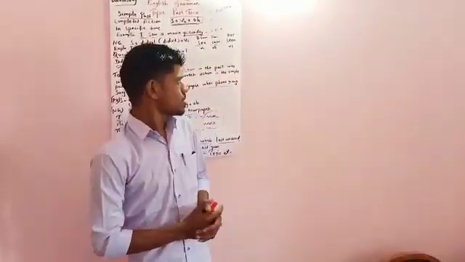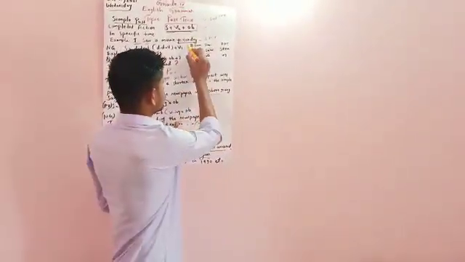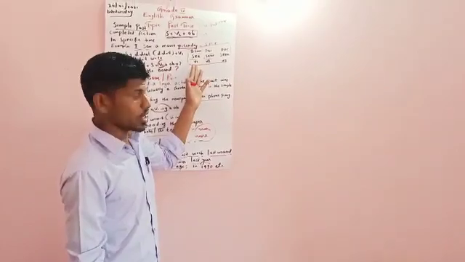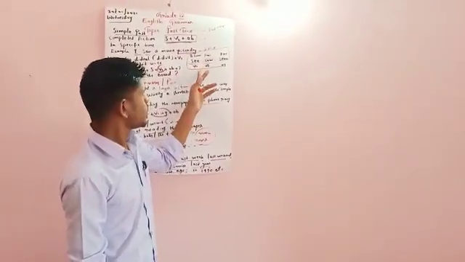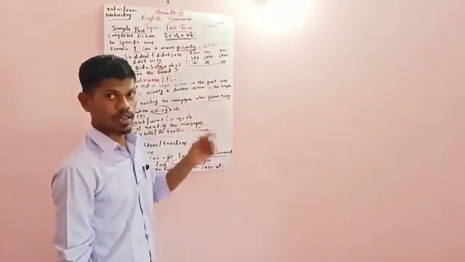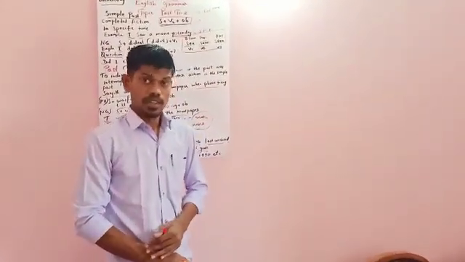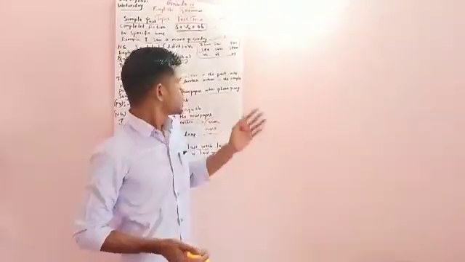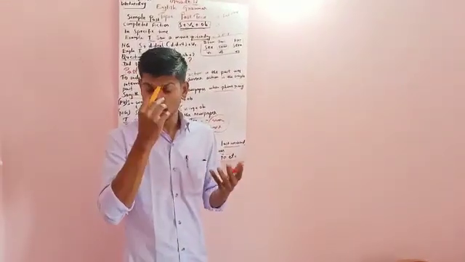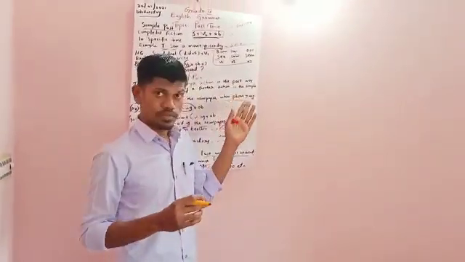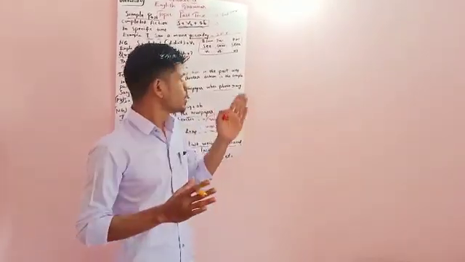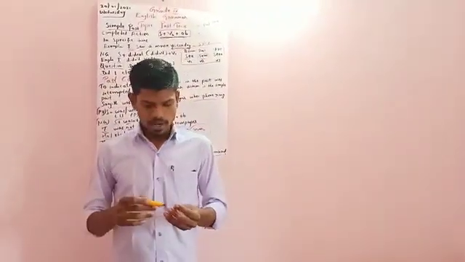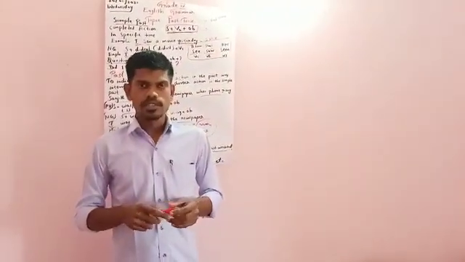And also one more thing is very important. You should not forget the forms of the verbs. So verb forms are very important. So try to learn as many verbs as you can, because sometimes you might be confused regarding these verb forms. For example, rise, rose, risen, cut, cut. Sometimes you write cut, cutted. There is no word like cutted in English. So hit, hitted. There is no such word in English. So try to follow those things and don't get confused with the verbs and their forms. First be thorough with the verb forms. Then it is very easy. I hope that you have understood simple past and past continuous in the past tense.